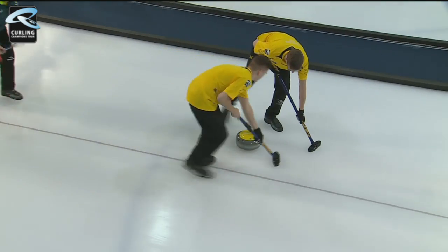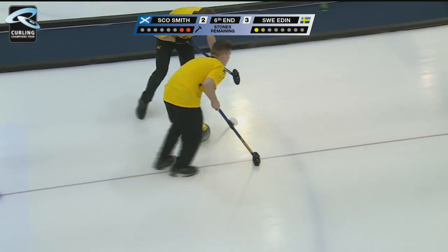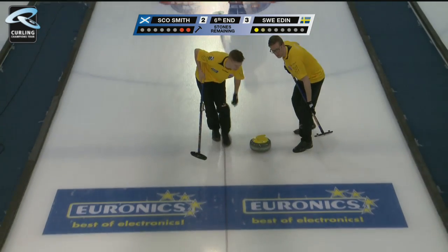Here we can see Nicholas Edin's draw delivery. You will realize that if you watch closely that he uses 2 types of deliveries depending on the speed of